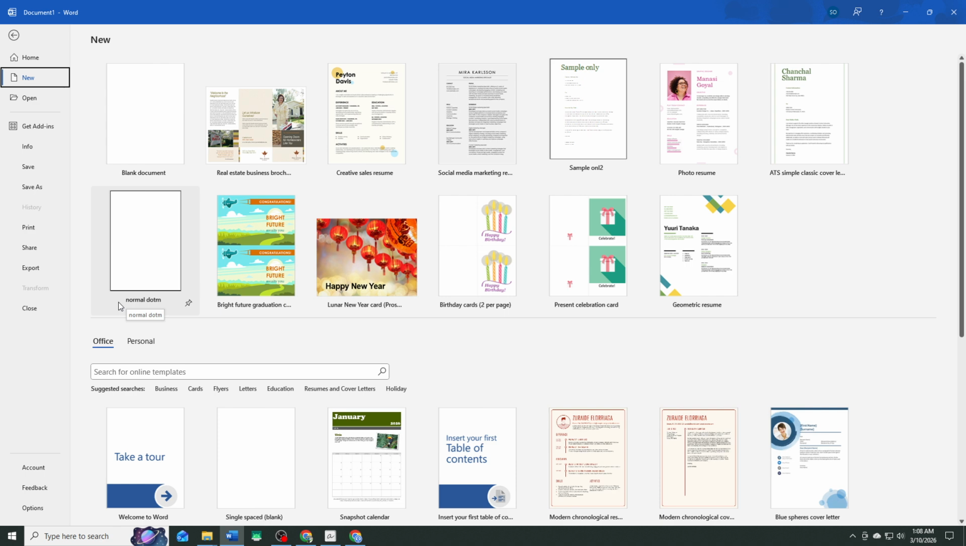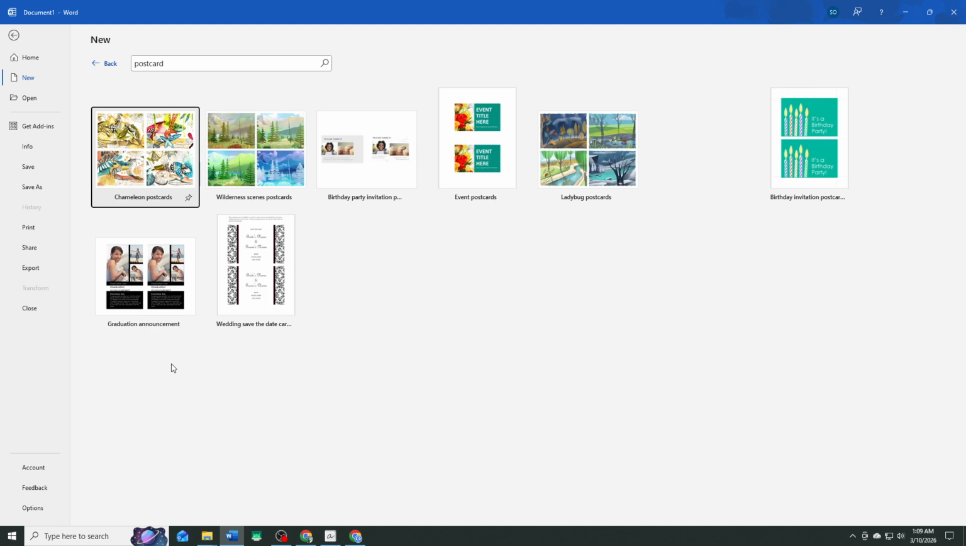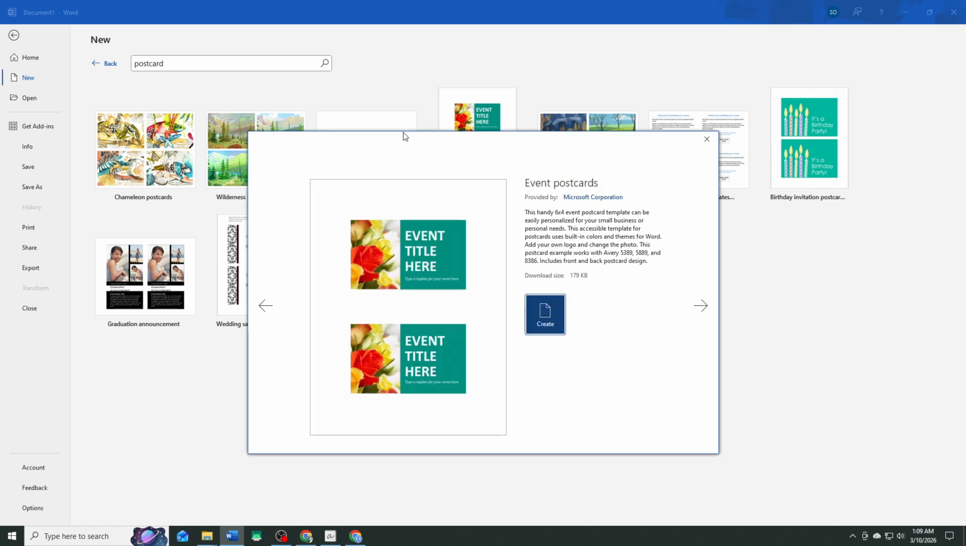visually appealing and unique. To start, open Microsoft Word on your computer. From the Start screen, instead of selecting a blank document, go to the search bar at the top and type Postcard. Press Enter, and Word will display a variety of pre-designed postcard templates. Browse through the options until you find one that fits the style and purpose of your message. Once you find a template you like, click on it to preview the design, then select Create to open it